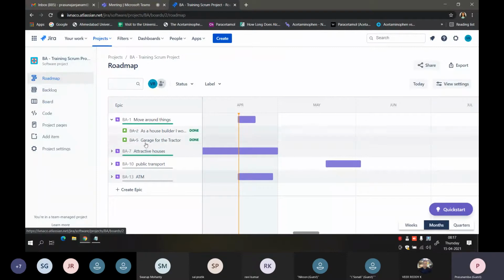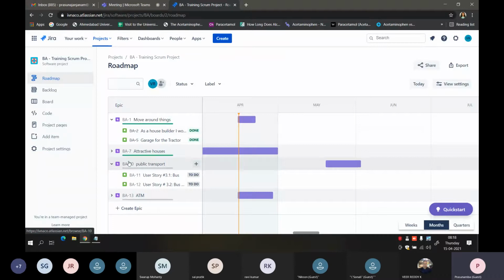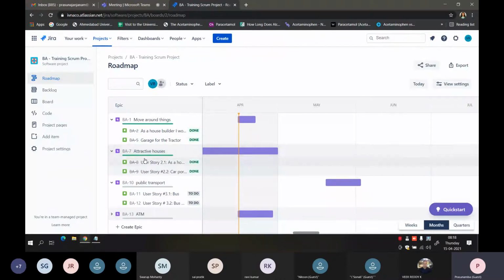The same thing, if you go to the open epic, these are in to do state. That means we have not started any of it. Same thing over here: the two stories, which are children of this epic, are completed.